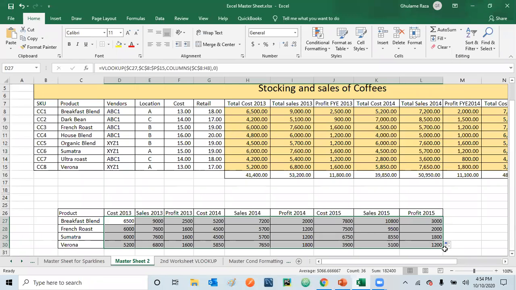So always remember, when you are working with multiple formulas, you need to apply two extra things. One is the columns formula. The other one is the dollar signs with the first option and with the columns formula. With this, you will be able to complete the VLOOKUP for multiple columns. So let's do one more exercise.